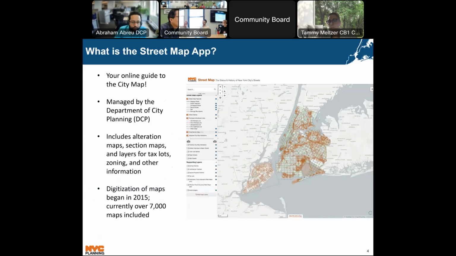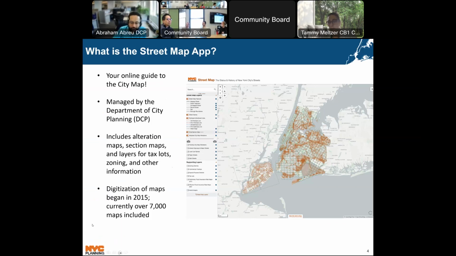So, what is the Street Map app? Here's a nice little screenshot. It's basically the online guide for the public to the city map. It's managed by us, the Department of City Planning. Through it, you can find alteration maps, section maps, and we have lots of layers, kind of supporting layers for tax lots, zoning information, a bunch of other things. If you like street name trivia, there's a layer for all the secondary names of streets. Like if you have one block of a street that's named after somebody who lived there, you can find